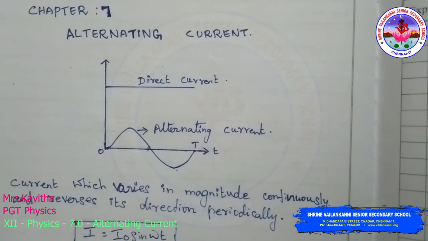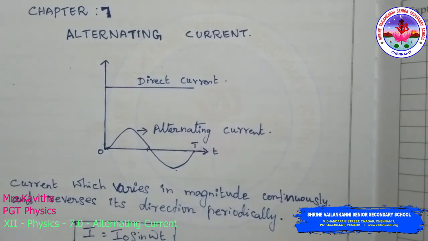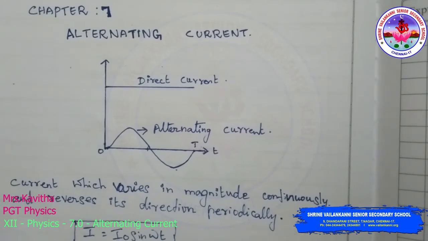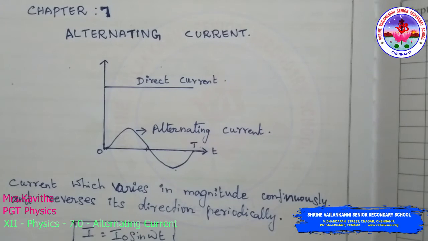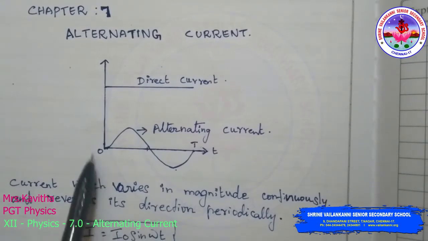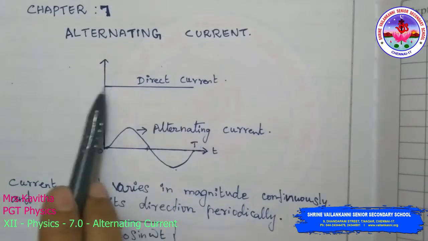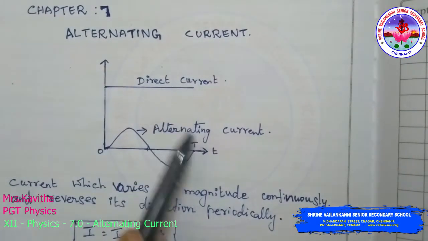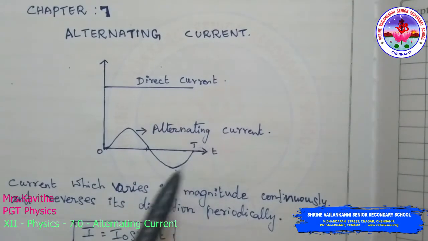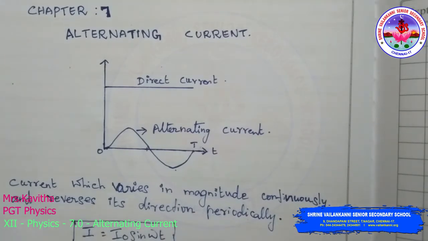Now chapter 7, alternating current. So far we have considered direct current sources and circuits with DC sources. These currents do not change direction with time. This is DC current; it does not change with time. The direction won't change. But voltages and currents that vary with time are very common.